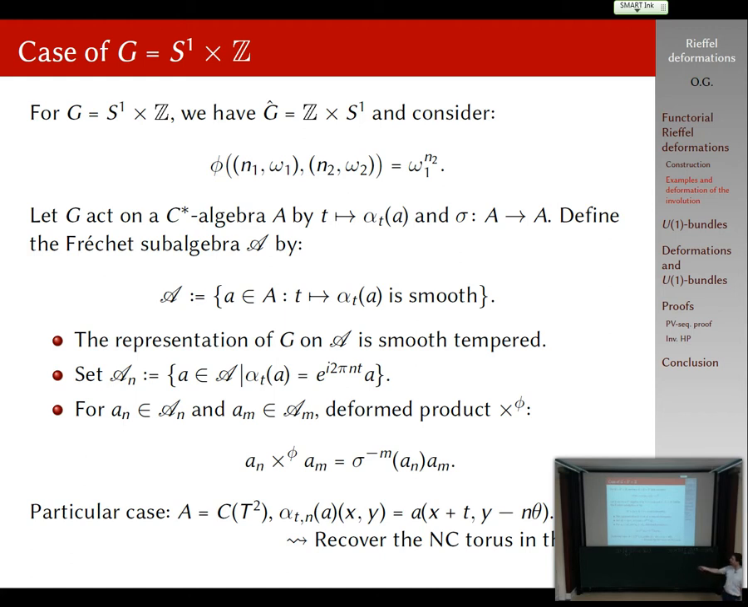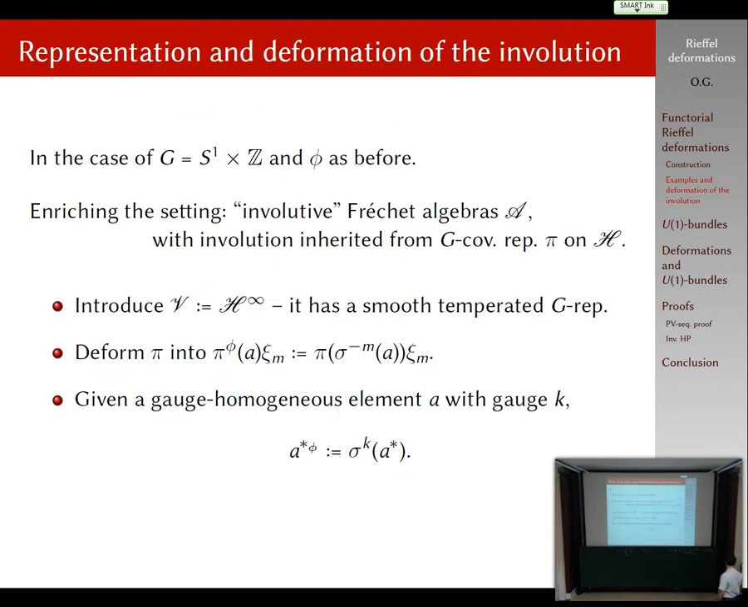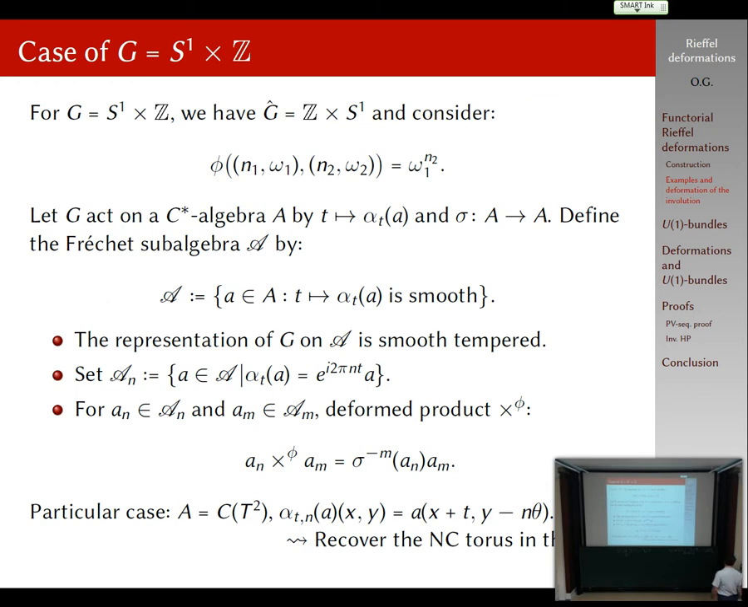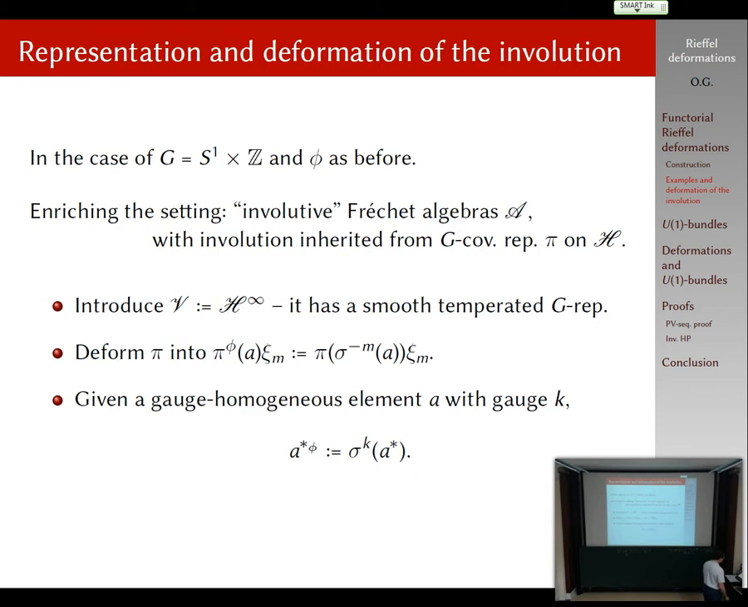As a particular case, you consider a system algebra C of T2. The action of G that you take is just this one, and this way you recover the non-commutative torus. Okay, yeah. So an additional element which is kind of surprising is the deformation of